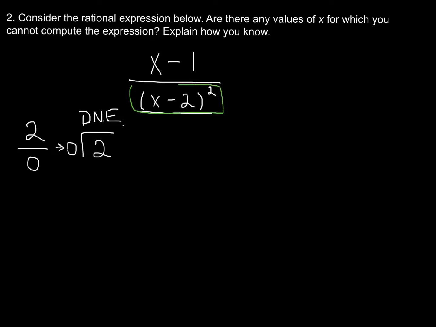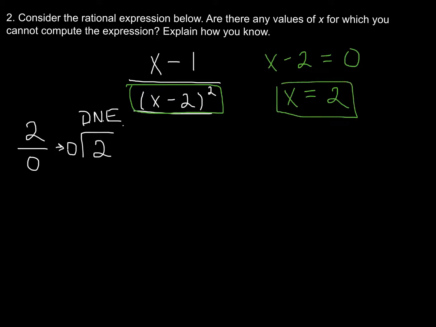What will make this 0? And note that since this is something squared, what squared would be 0? Well, 0 squared is certainly 0. So what will make x minus 2 into 0, right? So how do I solve x minus 2 is equal to 0? And that just boils down to, I add 2 on both sides,